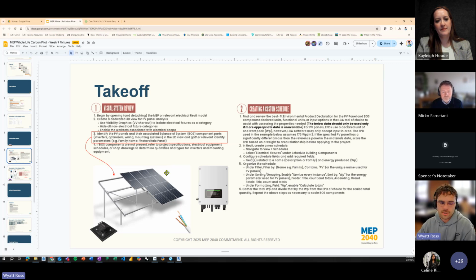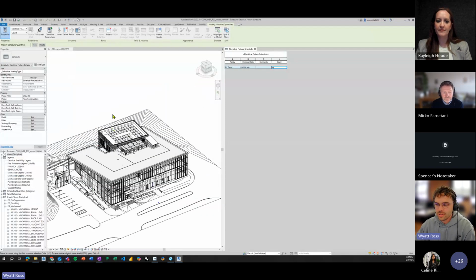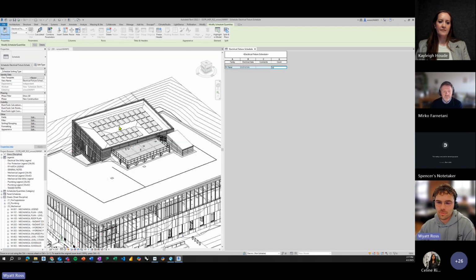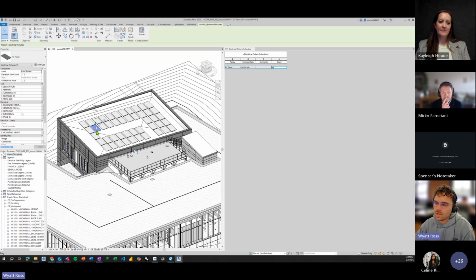Pretty commonly, this is delegated design in a lot of our projects. And so for some of the examples that I'm going to show, since there wasn't any in Weimer Hall, we don't actually have great Revit information on the PV panels, but I'll show you in general how you would start that process. So very similar, identify if you have panels in the model at all. This is an example from one of the case studies that we are working on, where there is very little information on PV panels, and there's just a generic family that's been provided.